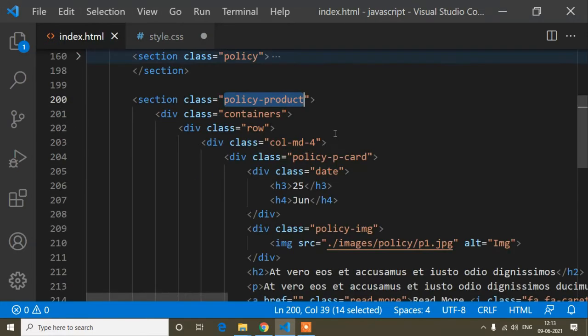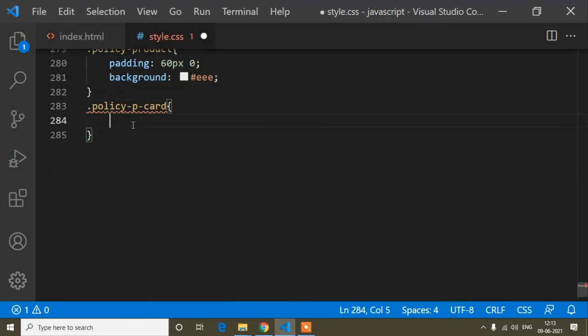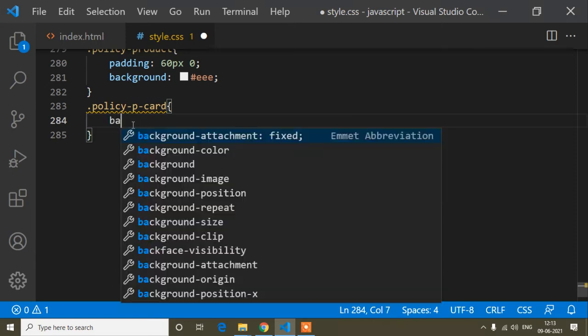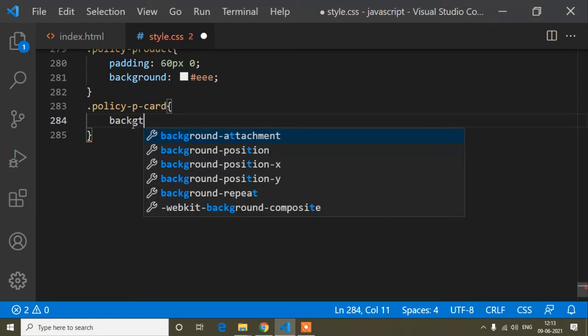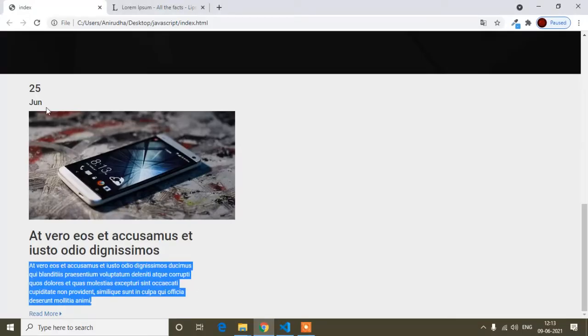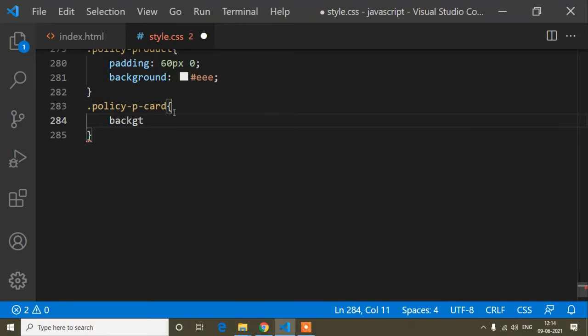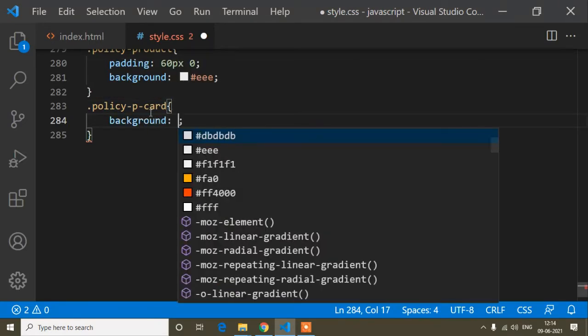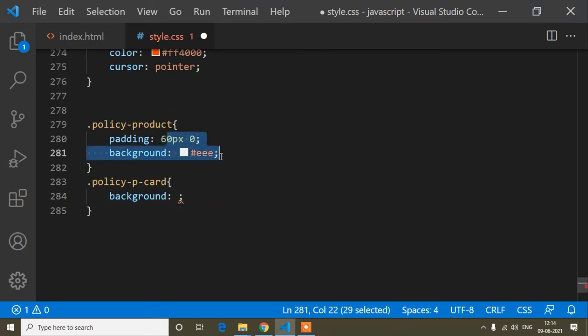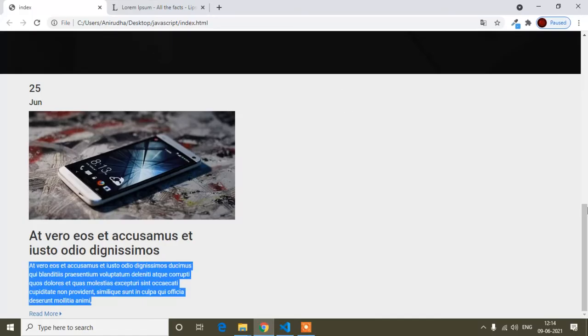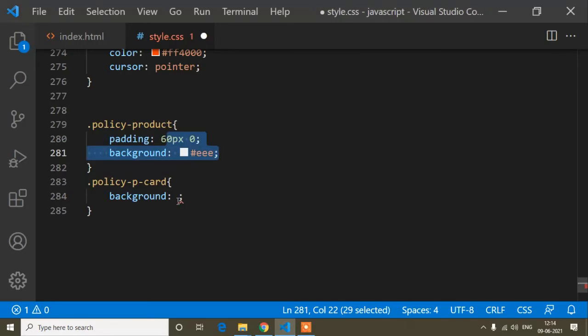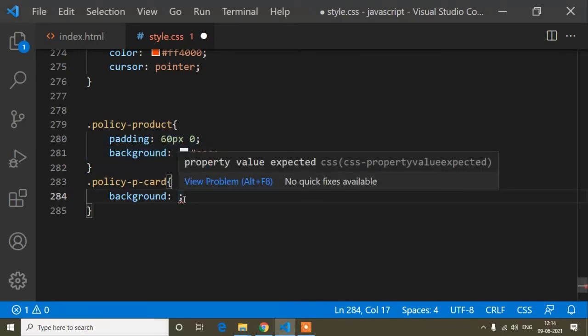And now here I will copy this one and this one, and here I will write the background. So that is, actually, if I show the preview, the background of this image, I will add some color. So the color will be white. The background, and this product color here I have added gray, so that means it's a whole over this one. So after showing the preview, after adding some CSS, you will understand.